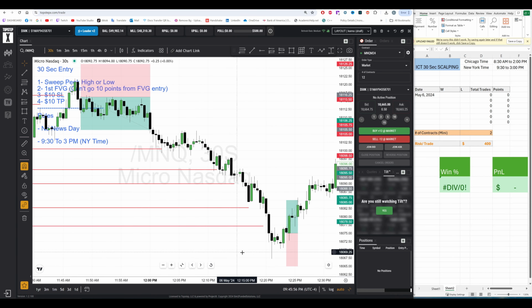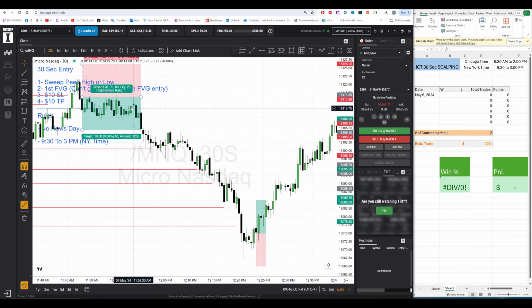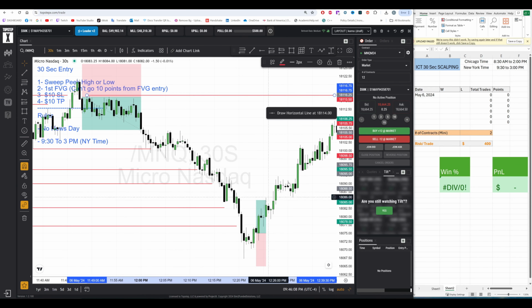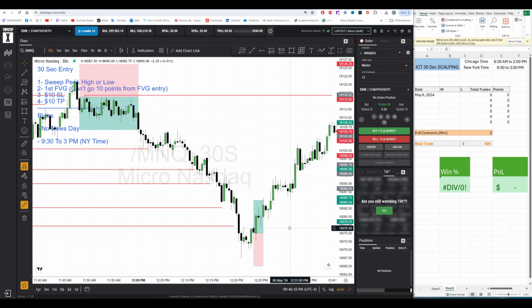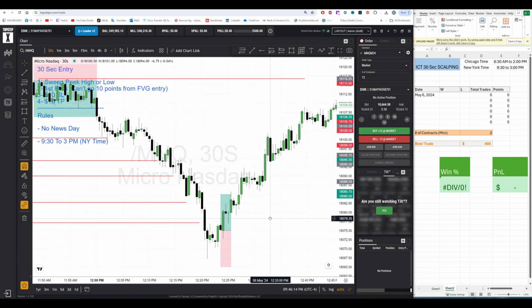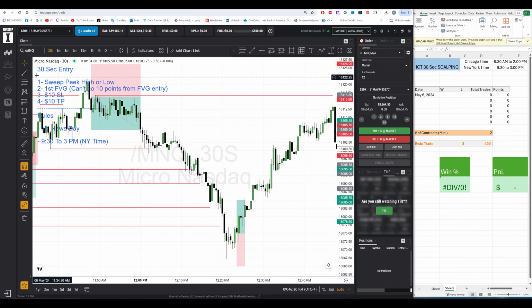Let's see. I'm not interested in any short until we reach this liquidity pool up here and sweep it, because that's basically a market maker buy model now. You have to use your own discretion sometimes with any strategies you're using. Oh, all right. So we get a sweep off of this